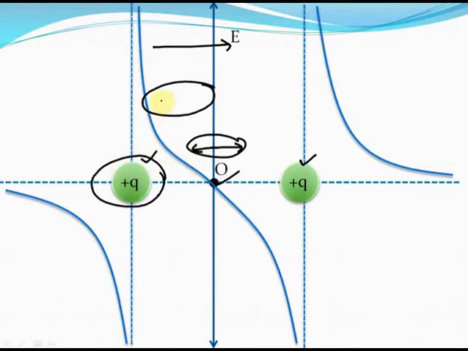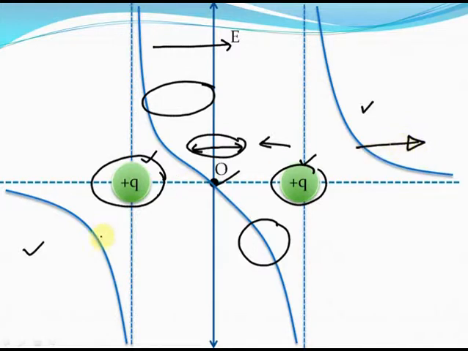Similarly, in this case here, the electric field is negative because near this plus q charge on the right, the electric field due to this plus q charge dominates, and the electric field due to this plus q charge is towards the left, that is in the negative x direction, because of which the electric field is negative in this area. In this area, as you already know, the net electric field is like this, isn't it? That is positive, and like this, that is negative, which is why you can see that to the left of this plus q charge here, the electric field is negative, and the electric field is positive to the right of both these charges. Just get the logic right and you will get all the graphs right.